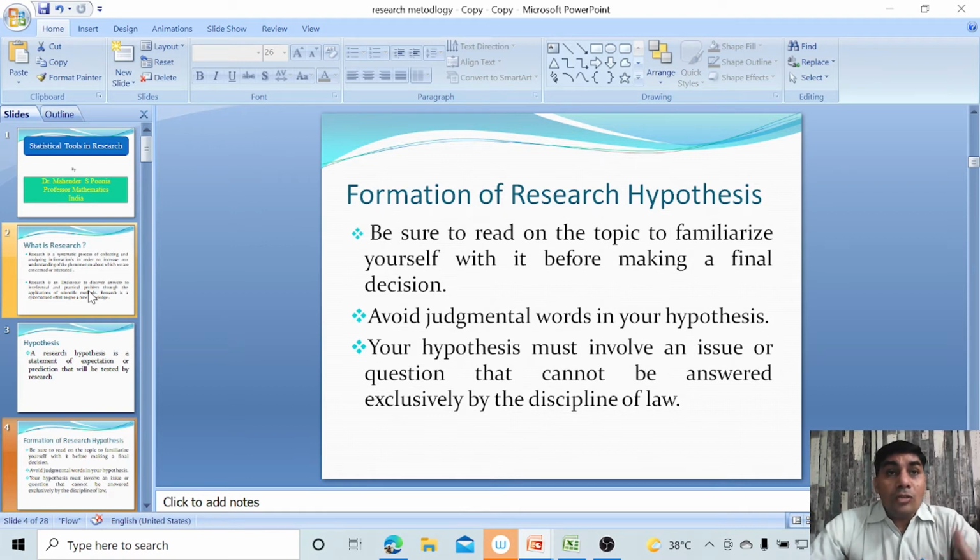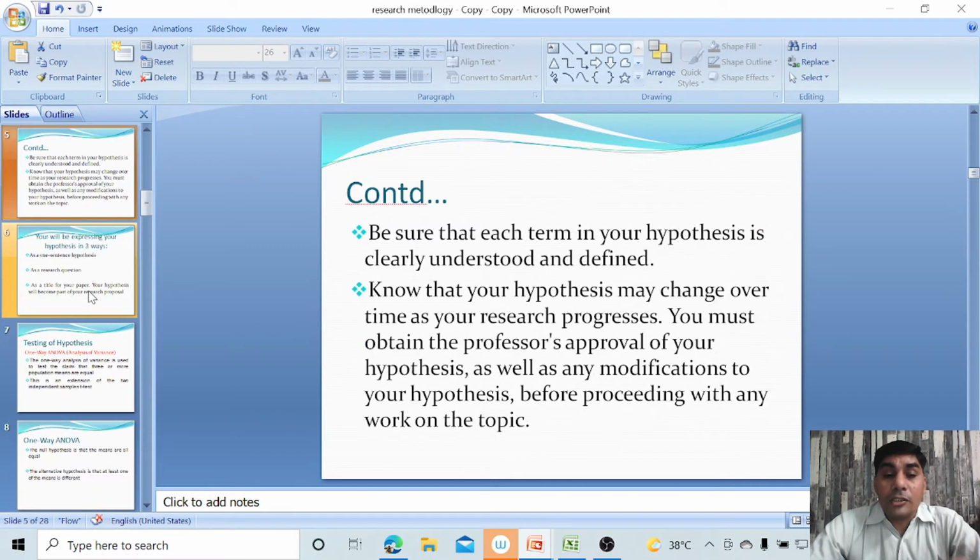So you have to find something new according to this question, according to this hypothesis. Next, be sure that each term in your hypothesis is clearly understood and defined. That means after deciding your hypothesis, you have to collect the data, you have to prepare the questionnaires based on the hypothesis. If your hypothesis is clear, then the questions of the questionnaires are also clear and easy to understand